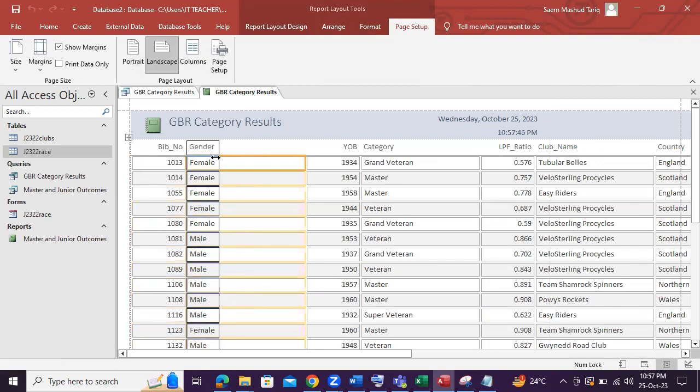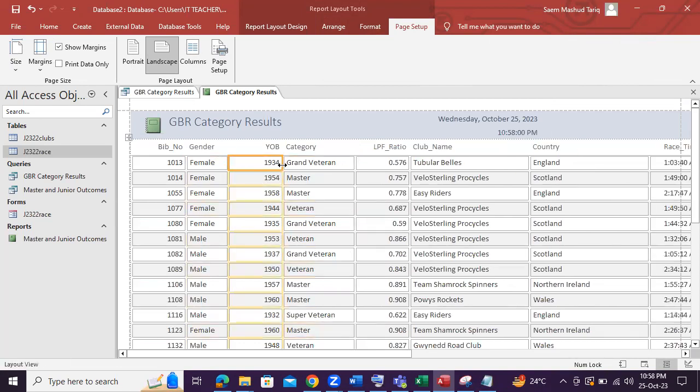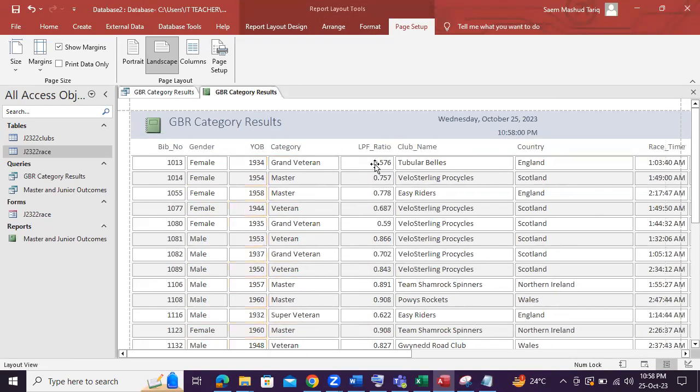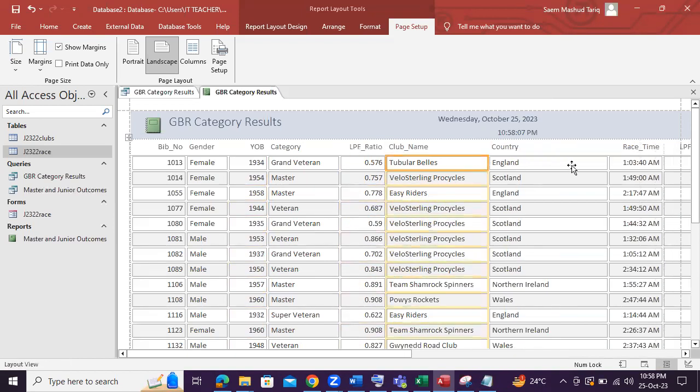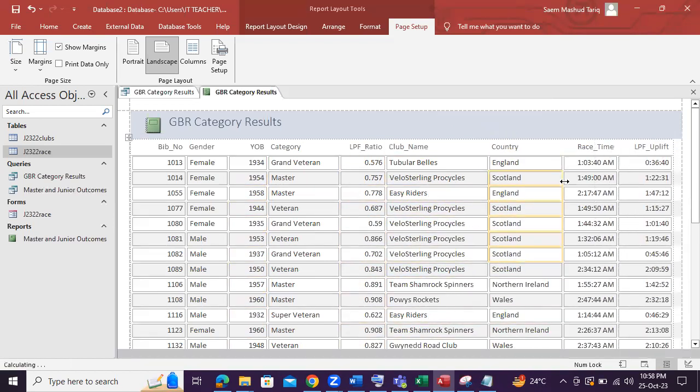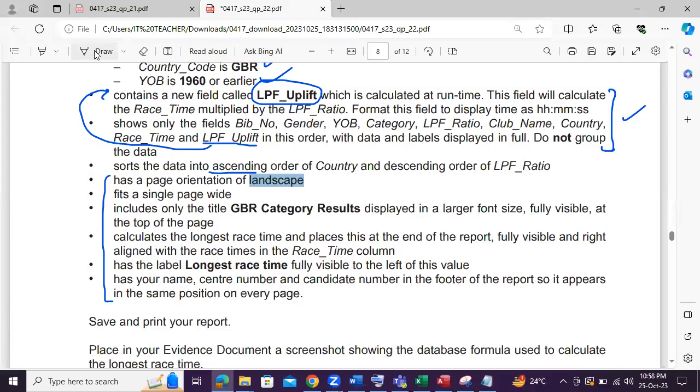And now I do my, okay, I'll try not to squeeze it a lot so that there is no double line or multiple lines appearing. So you have to squeeze it perfectly. Done. You see, okay, right? What else? So I just have to see, done this, done this. Descending order. Did I do that? Descending order of LPF. So it had to be